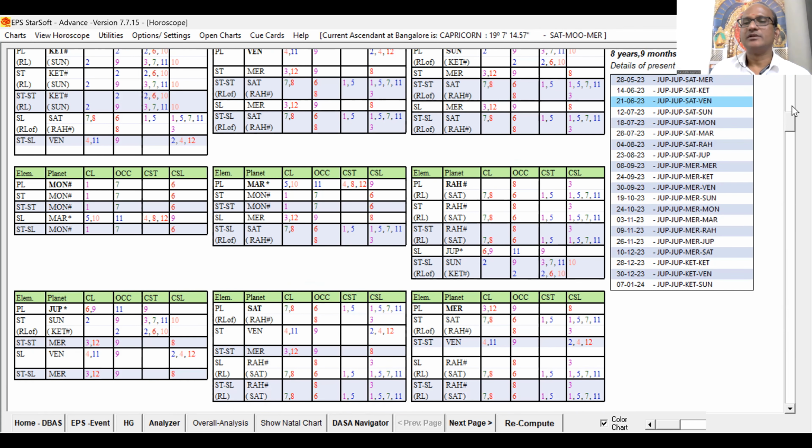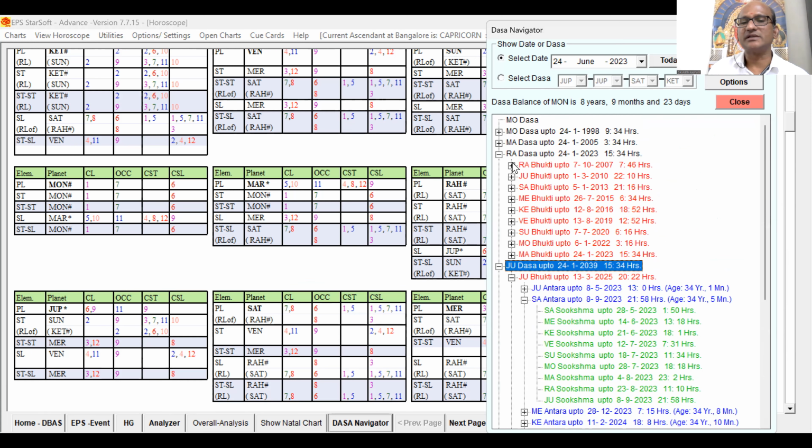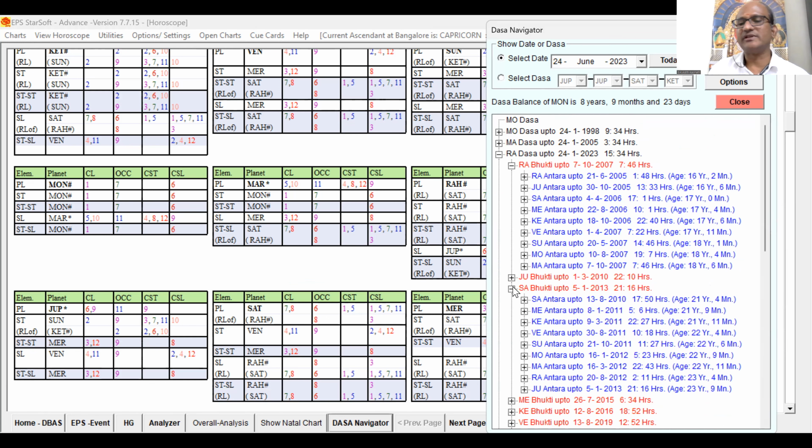Thank you, sir. Now we are going to check whether Rahu Dasa is supportive for marriage along with some obstacles, that is, delay and obstacles. Rahu Dasa started from age 16-17. So the marriageable age, say from 21 years, we can take from Saturn Bhukti. From Saturn Bhukti onwards, the marriageable age starts.